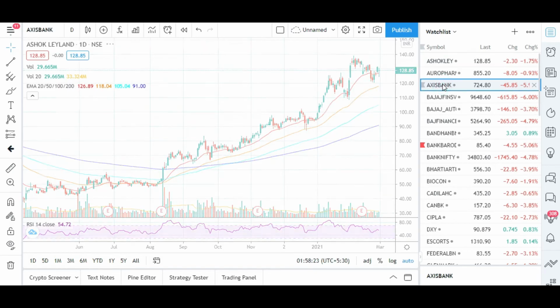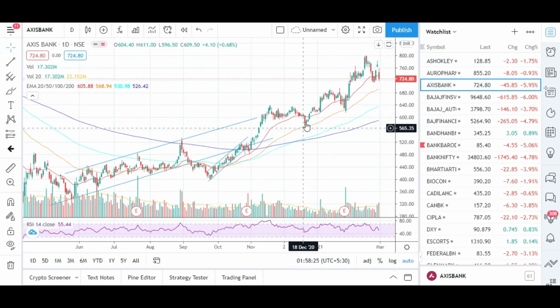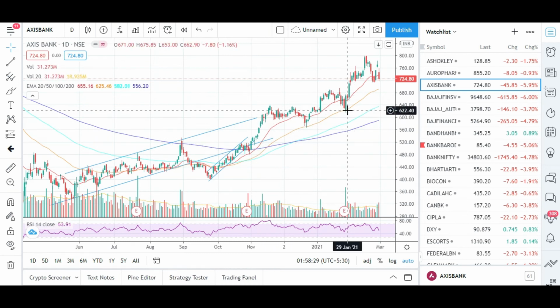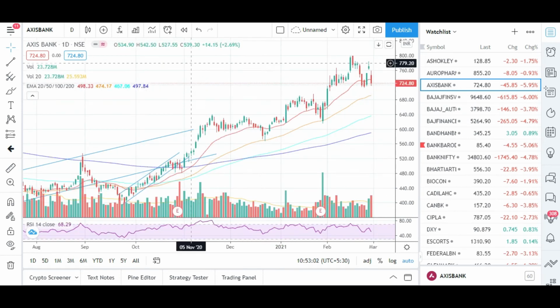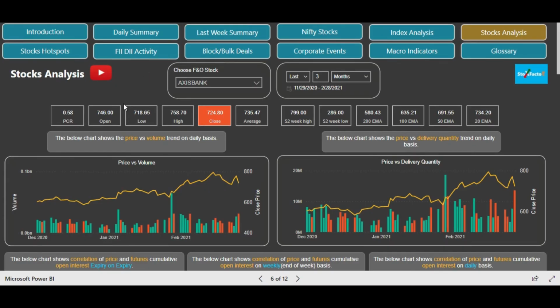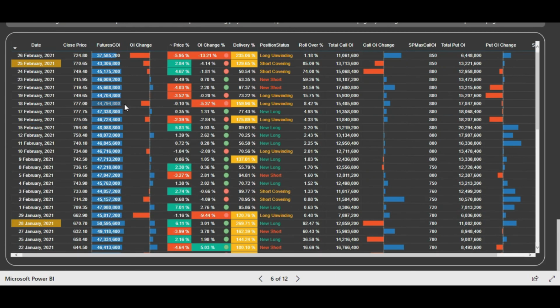Okay, let's see Axis Bank also. In the case of Axis Bank also, you see some instances where the 50-day moving average is acting as support because the stock is in a strong uptrend. And if we see the Axis derivatives data also, I've already filtered Axis Bank, and let's go to the bottom table. You will see that on 1st of February, long positions were made, the price rise was high, and huge put writing was also done. So friends, like this you have to do the analysis.